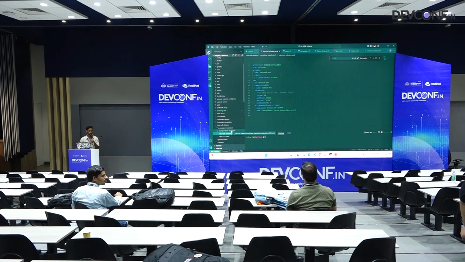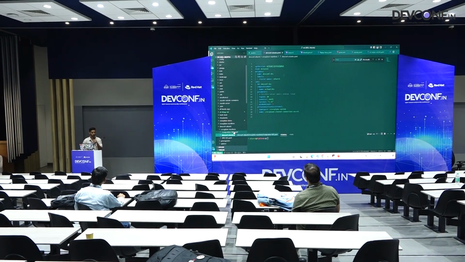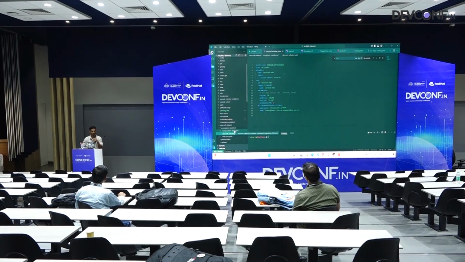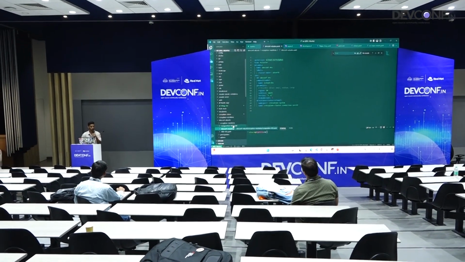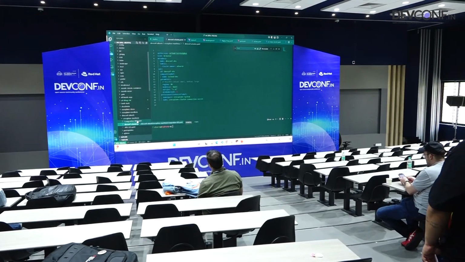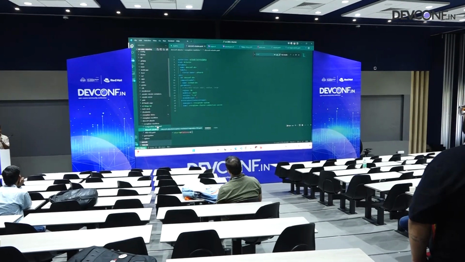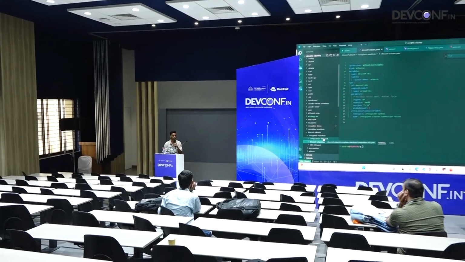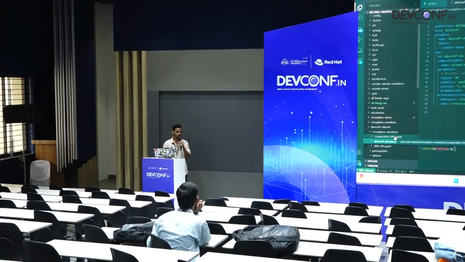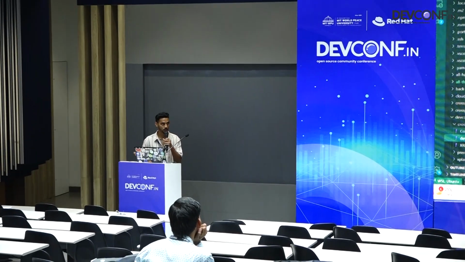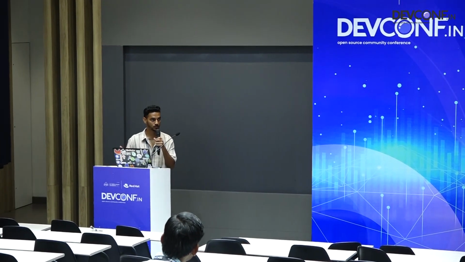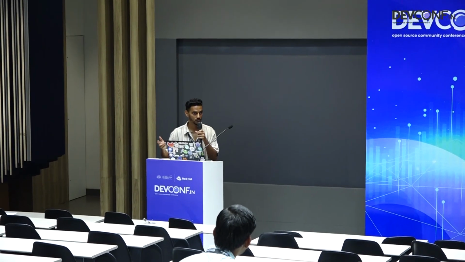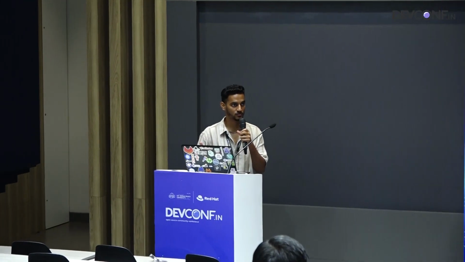Is there any CLI support to generate all these manifests that you showed for these custom resources, or any IDE support we can take help from? Because this YAML was quite complex and big. There is CLI support; Crossplane has a CLI, but I don't use it. I use kubectl because Crossplane is itself installed in Kubernetes. It is just a controller, just like ArgoCD is installed in Kubernetes. So mostly you don't want to use the Argo CLI; you will use kubectl only to deal with the applications, and similarly with Crossplane.